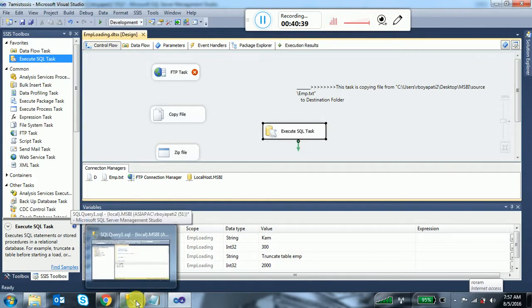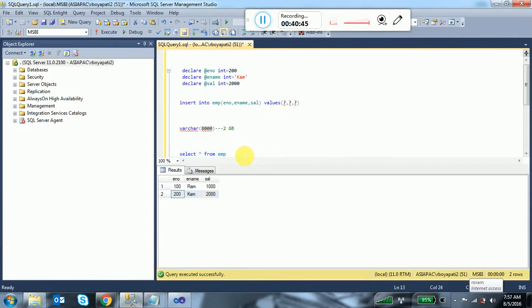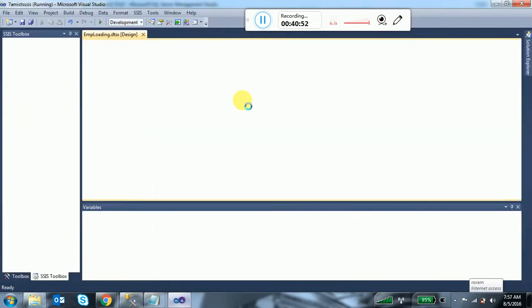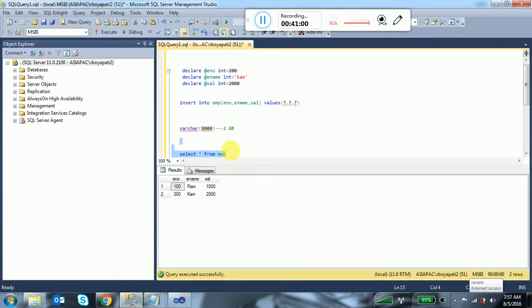So this is the way you can use execute SQL task, and you can do insert, truncate, all these kinds of statements. In tomorrow's session, if I write a select statement in execute SQL task and it returns some values, how can we store those employee names, the result coming from here, into another table? We are just passing input values right now, input direction.